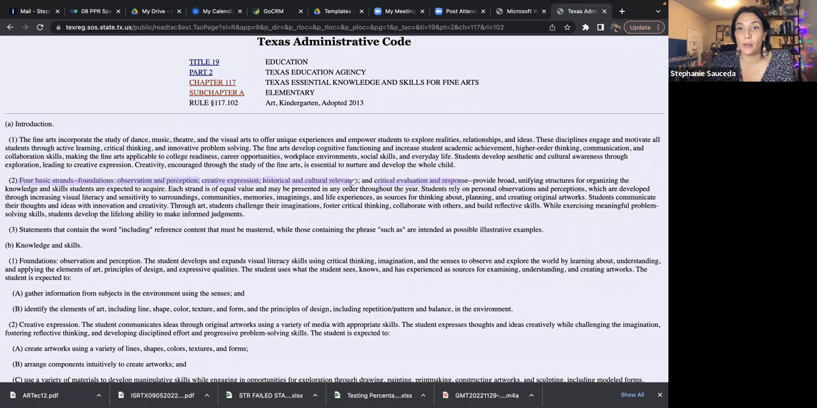We have those one, two, three, four. They provide broad unifying structures for organizing the knowledge and skills students are expected to acquire. So under those canopies in the TEKS, there's going to be a section in the first grade where you have TEKS for observation and perception, where you're growing in those skills. In seventh grade, they're going to have knowledge and skills that are going to be under the same observation and perception, creative expression, but different things,